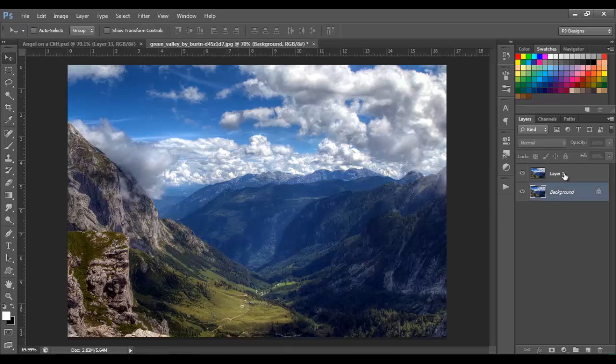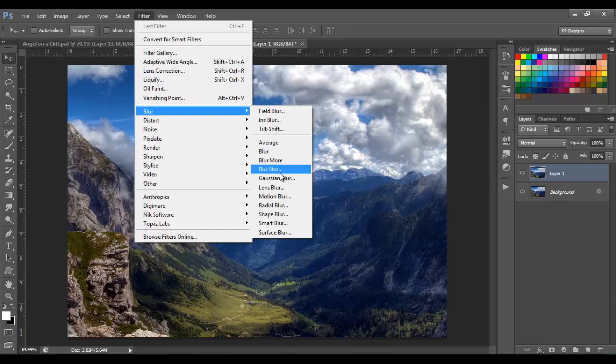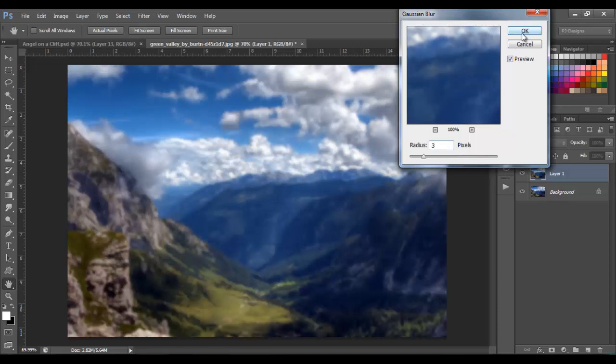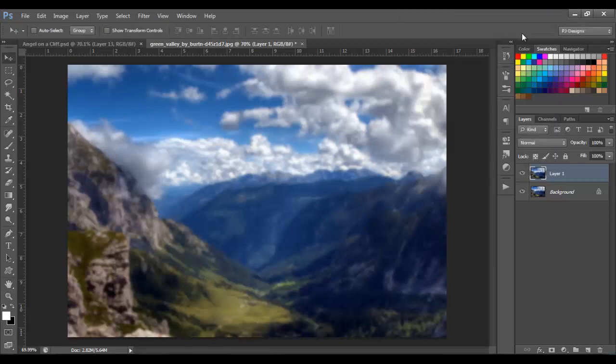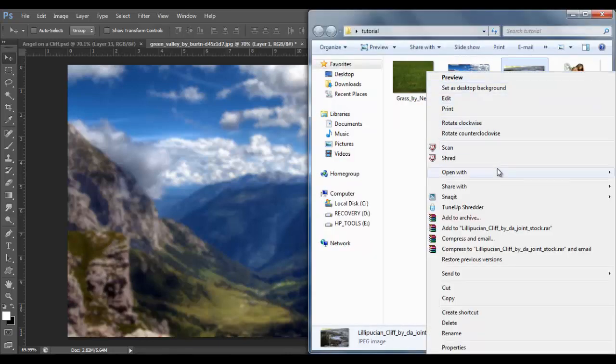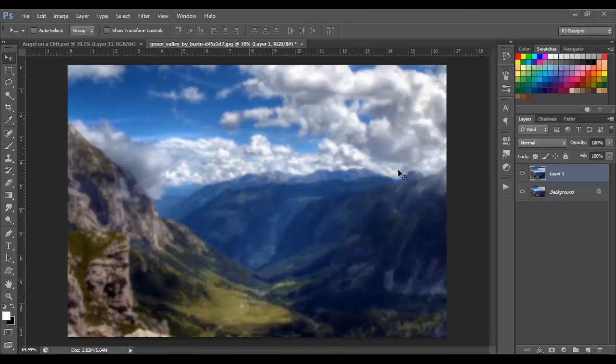and I'm going to go to filter, blur, Gaussian blur, and I'm going to put 3 pixels. Click OK. So next I'm going to open the other image. It's gonna be the cliff,